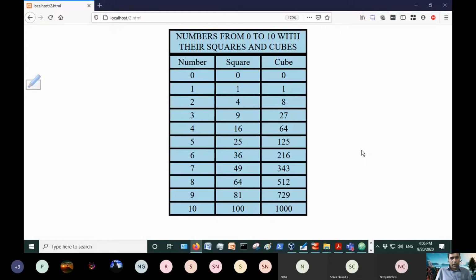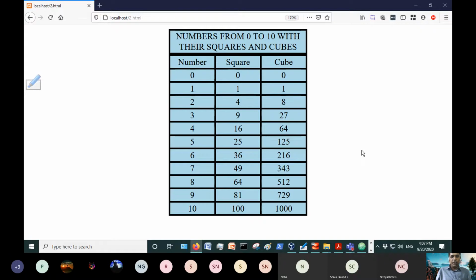The border for the table and the contents within the table are all formatted by HTML. The only thing done by JavaScript is the computation of square and cube and the display of the number. There are two simple JavaScript statements that compute the square and cube. We will see that. So this is the output.